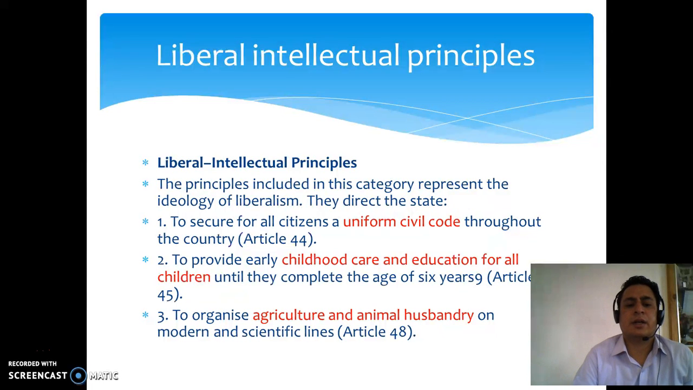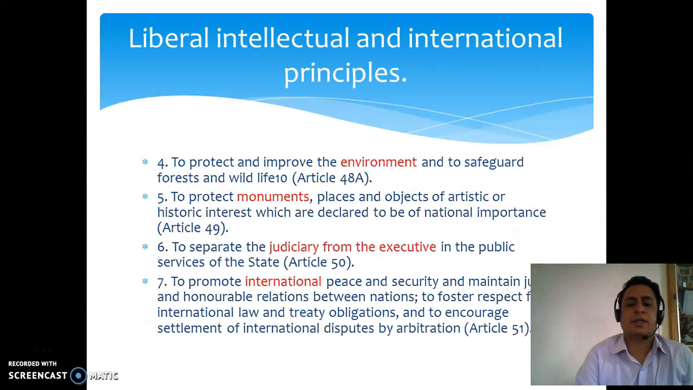Organize agriculture and animal husbandry on modern and scientific lines, that is Article 48. Article 48A talks about preservation of environment and to safeguard forest and wildlife. Article 49 talks about preservation of monuments and those places which are of artistic importance, unko bhi preservation karni hai. Similarly, to separate judiciary from executive is Article 50, and one article which has been clubbed by various authors